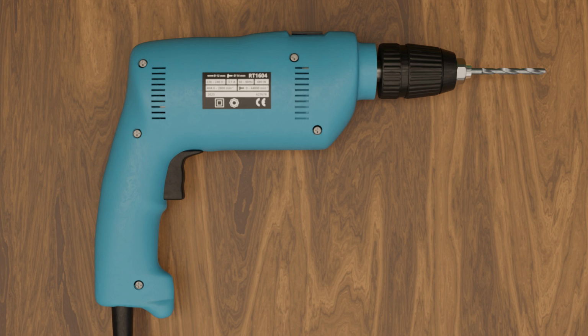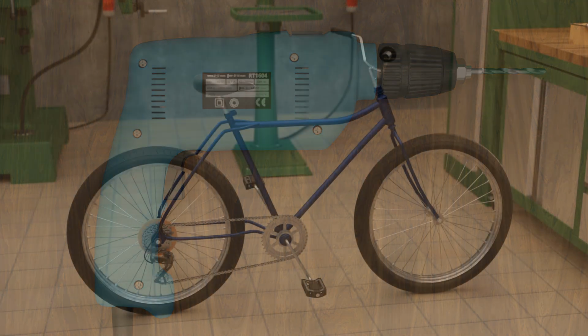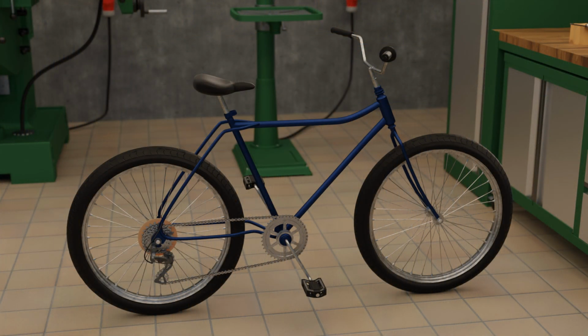In all of these cases, the muscles or motors provide the energy required for the components, such as the chuck of a drill or the rear wheel of a bicycle. However, all these different examples have one thing in common. The mechanical power of motors or muscles is generally not used directly. In a bicycle, for example, the pedals are not attached directly to the rear wheel, but the rear wheel is driven by chain rings and a chain.